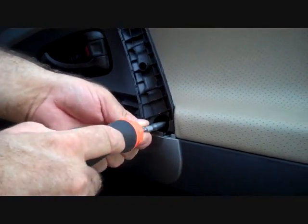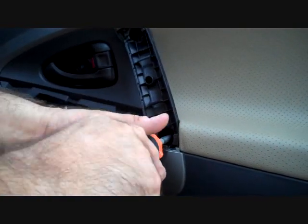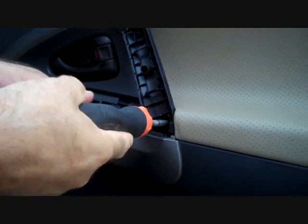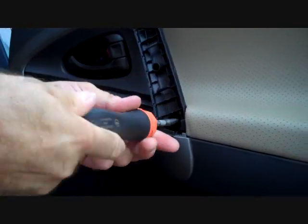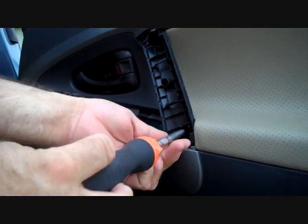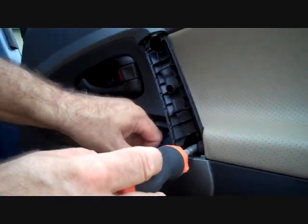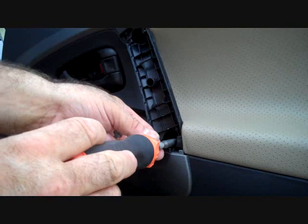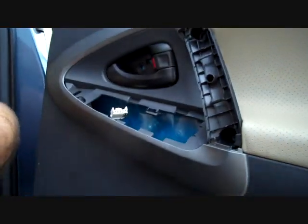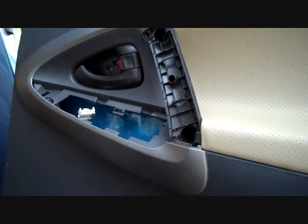With both these screws removed, this is going to help release the door panel so we can remove it and get access to the speaker. Okay, we're having a little problems with the lower screw coming out. The magnet doesn't seem to be strong enough, so it looks like we're going to get that when we get the panel off here. Next, we're going to start down at the front edge of the panel and gently pull